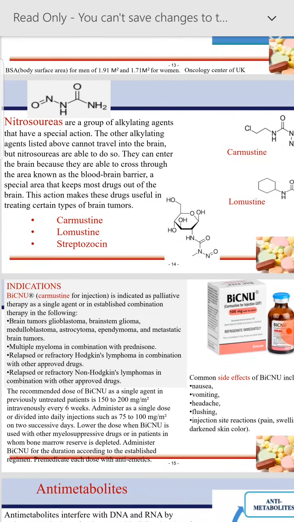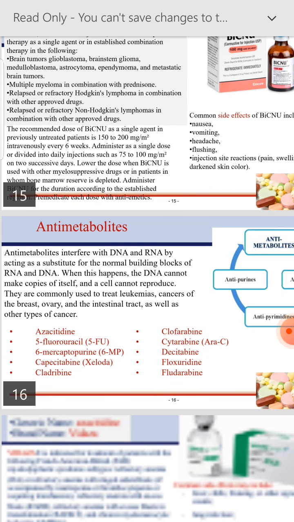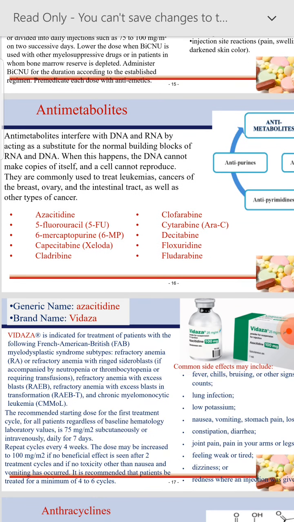Now let's talk about antimetabolites. Antimetabolites interfere with DNA and RNA by acting as a substitute for the normal building blocks of RNA and DNA. When this happens, the DNA cannot make copies of itself and the cell cannot reproduce. They are commonly used to treat leukemia, cancers of the breast, ovary, and the intestinal tract, as well as other types of cancer. Examples include azacitidine, 5-fluorouracil,